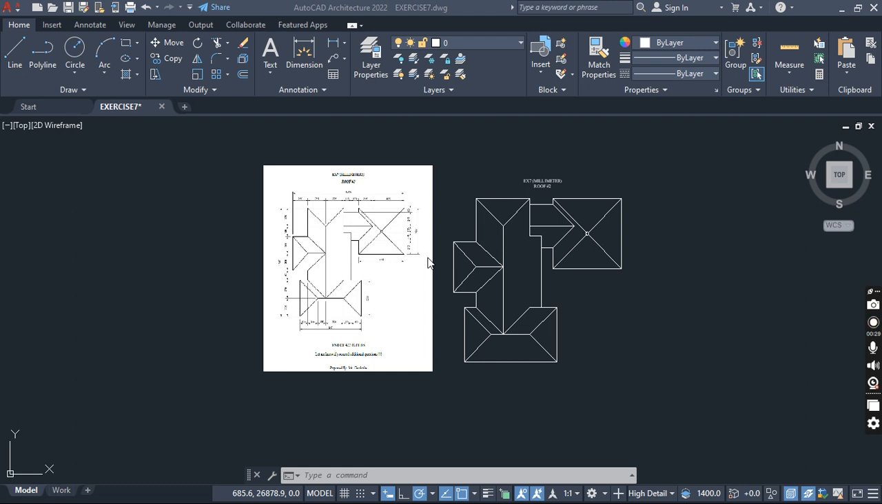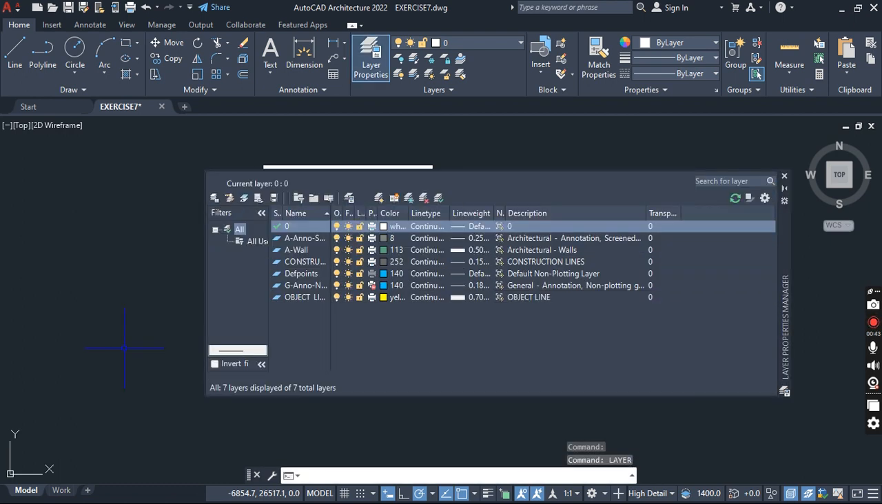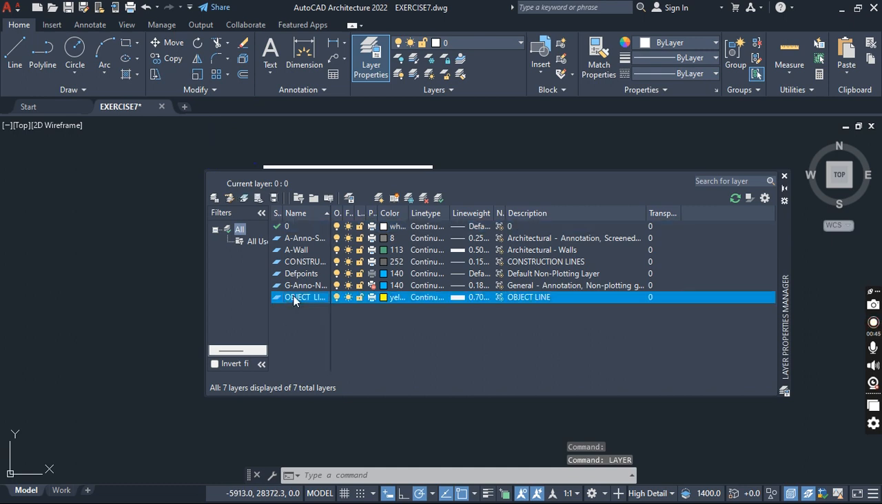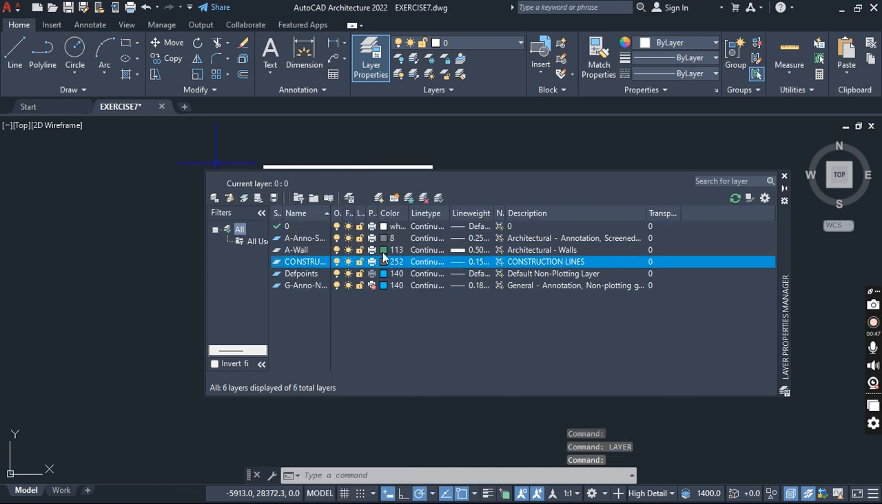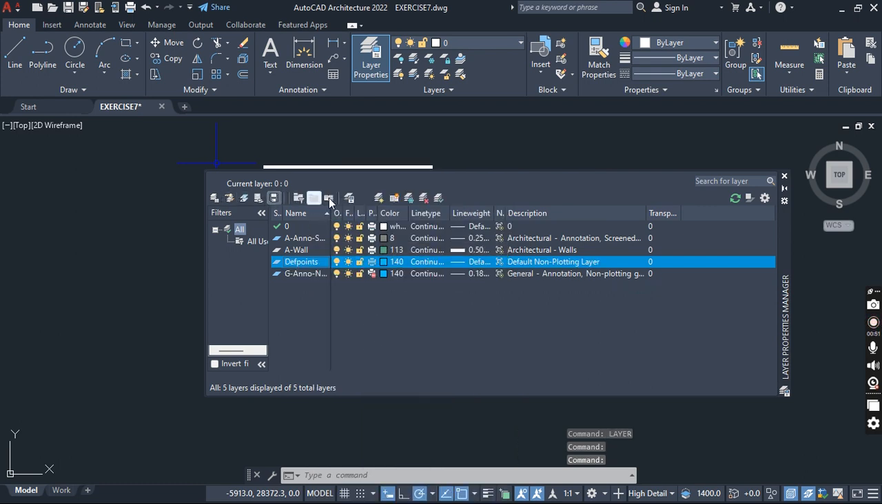All right, so let's go ahead and create 3 layers. To do that, I'm going to type layer in the command line. So layer, layer in the command line, and then I press enter. Sorry. Once I press enter, then what I'm going to do is find